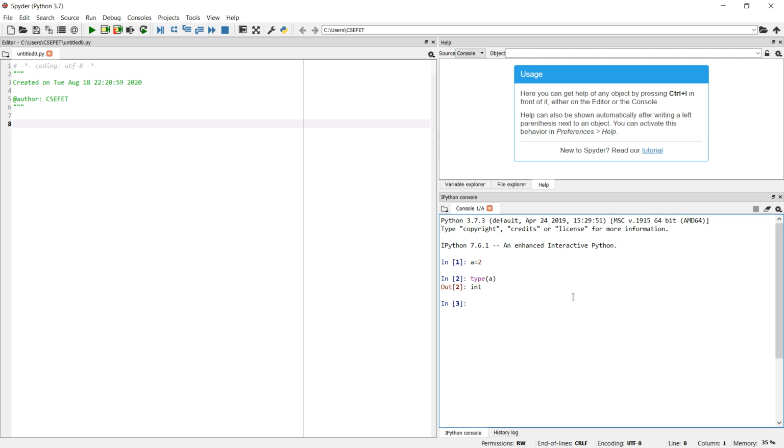Numeric data types are divided into int and float. For example, if I say b equals 5.2 and check the type of b, it will be float. And the third is complex. Complex is like a plus ib, 2 plus 3i. This is a complex data type. So Python supports a numeric data type which is divided into three types: int, float and complex.